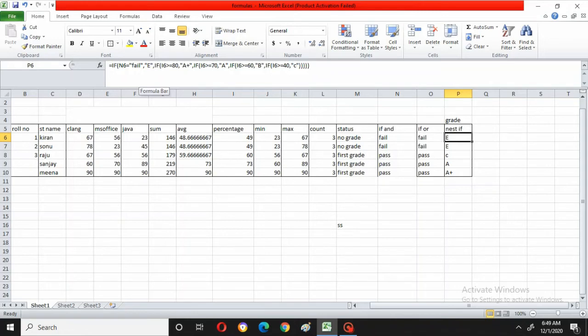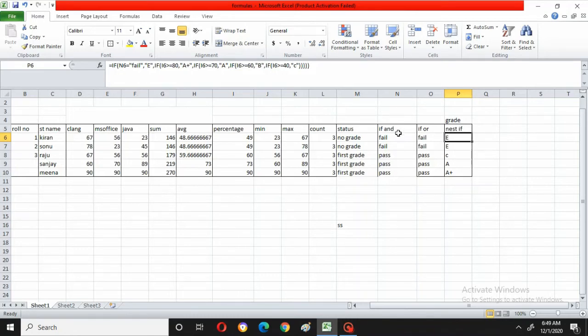If condition I have selected, he will go for grade only if he is pass. Think that if he has failed, then he will not get any grade, his grade will be E. So for that I have used the IF condition. Here I have taken N6. Where is N6?